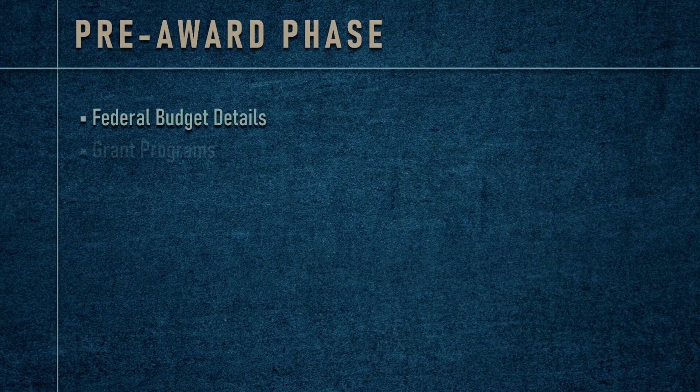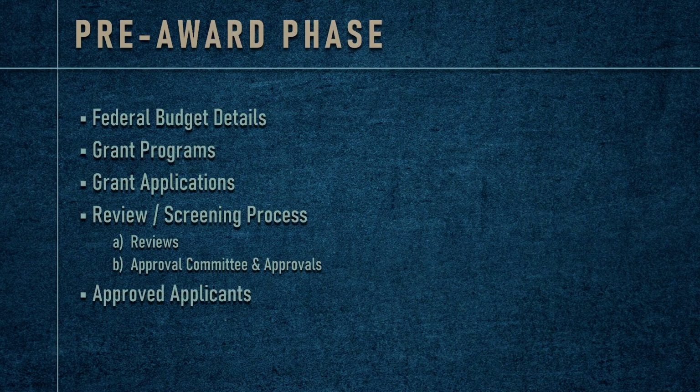Okay, so let's talk about our pre-award phase a bit and see how our model-driven app has been designed. This phase mainly includes the following steps, or the following entities, that is, tables. Our first entity is the federal budget details. It consists of details regarding the federal budget available to the grant-making organization for a particular fiscal year, which would then be distributed among the various grant programs. The next is our grant programs entity, which will contain records of the various grant programs for which the grant applicants will submit their proposals.